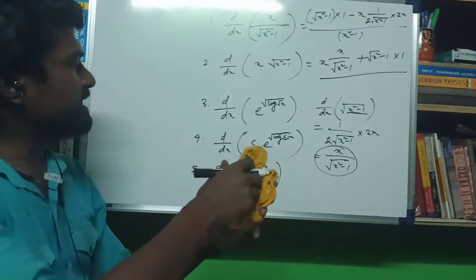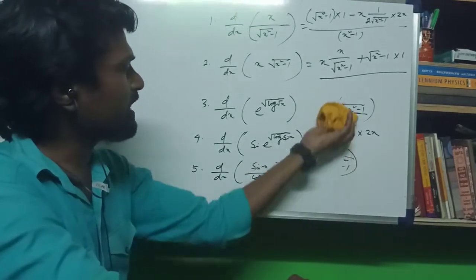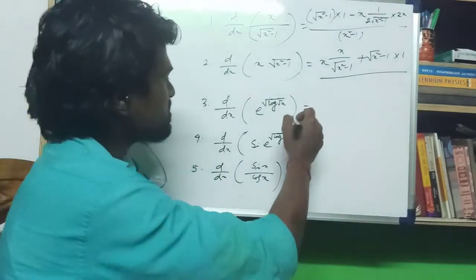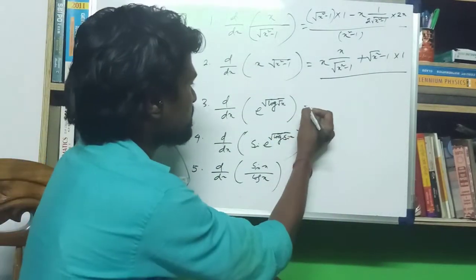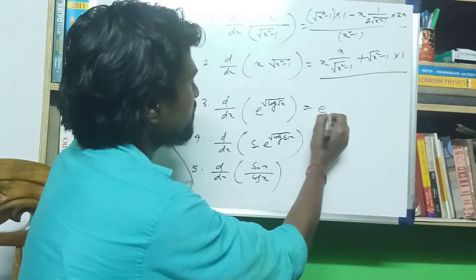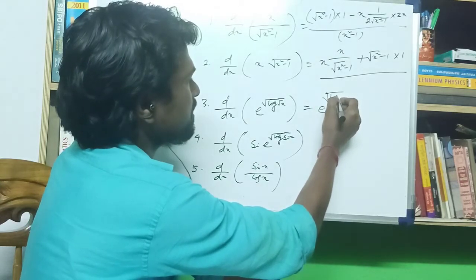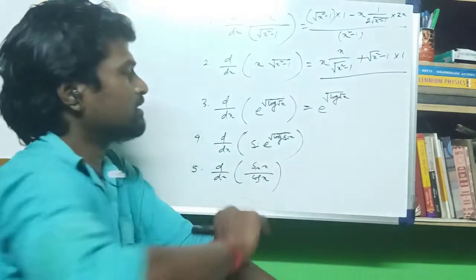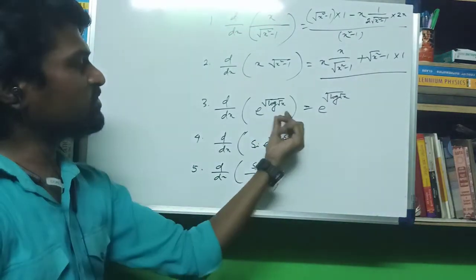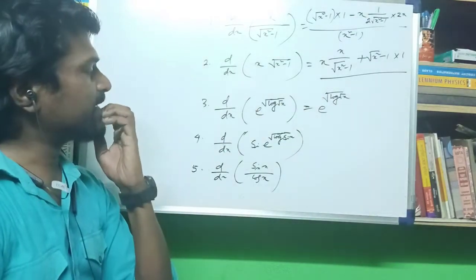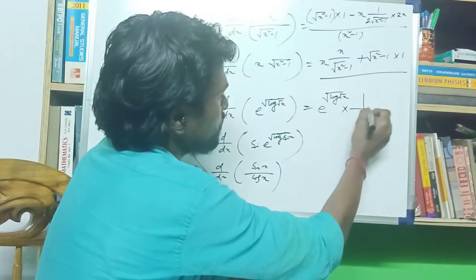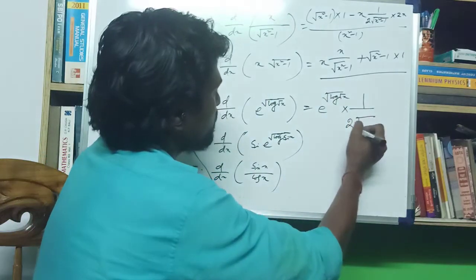Again, d/dx of e to the power of root under log x into root x. So you have to take the derivative of the exponential function. So e to the power of root of log into root x means the derivative of an exponential function. It is similar to the earlier questions. You have to put it just like this and take the derivative of the exponent. So root over of this, so 1 by 2 root x.